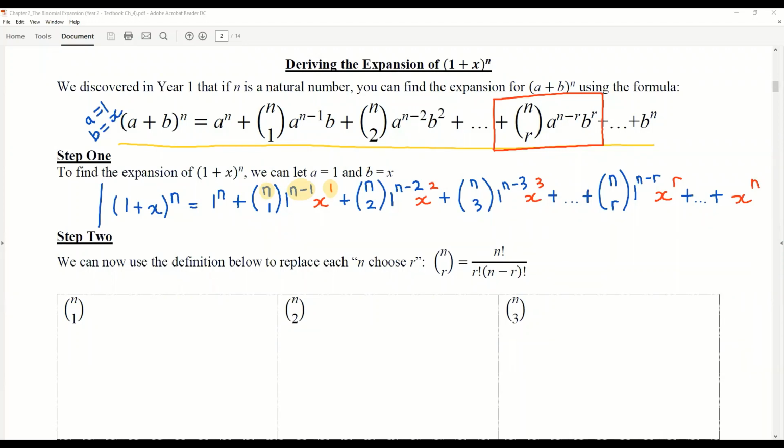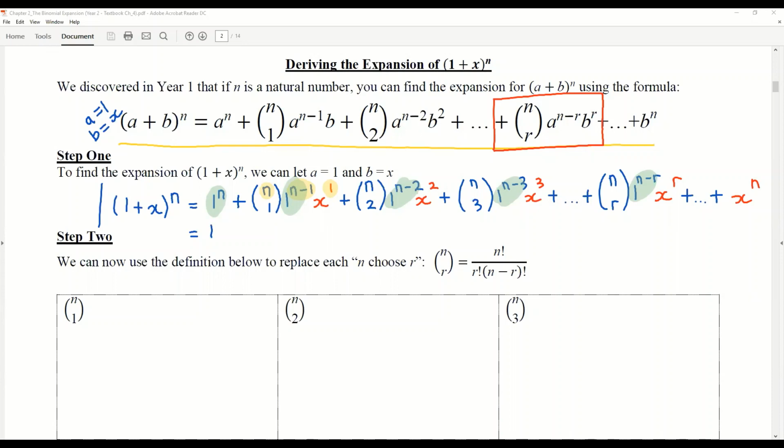Well, I've got 1 to the power n here, 1 to the power n subtract 1, 1 to the power n subtract 2, and so on and so on. Now, 1 to the power anything is always going to be 1. 1 times itself is not going to change. So we can simplify this expression immediately. Now, if I do that and just remove those 1 to the power n's and n subtract 1, etc., I'm